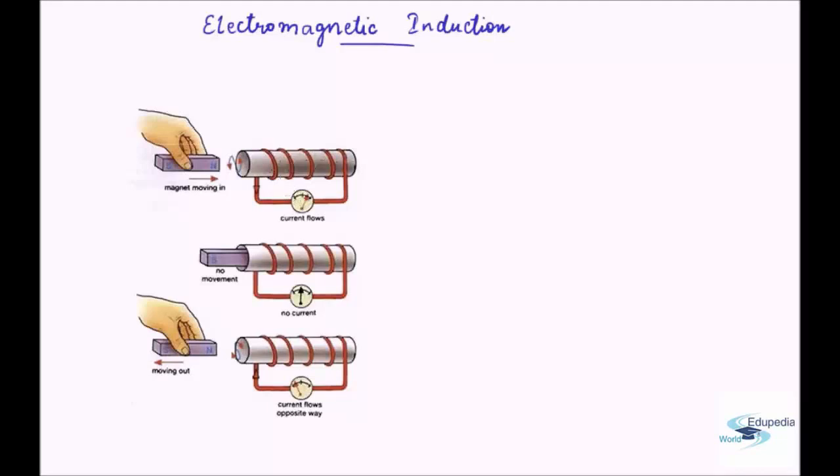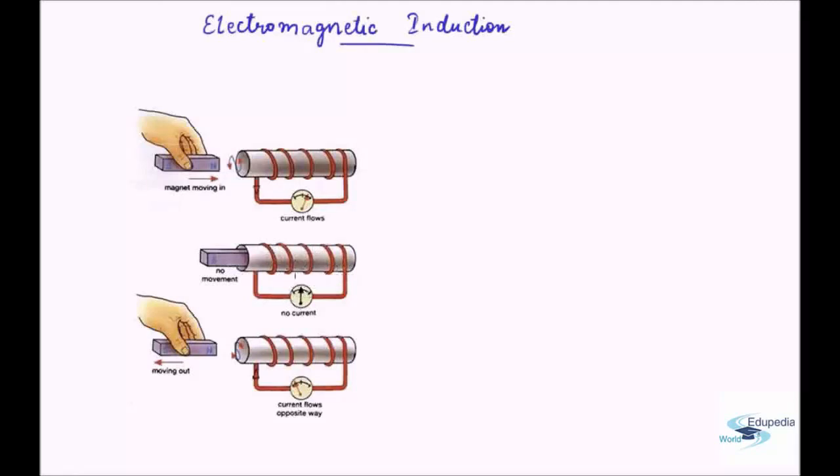There is no battery or anything attached to it, therefore any current which is generated will be due to magnetic field variations. Now what Faraday did was he took a bar magnet and initially he kept the bar magnet stagnant at a position. As a result, there was no deflection. When there is no movement of the bar magnet, there is no current flowing through the wire, thereby there is no deflection.